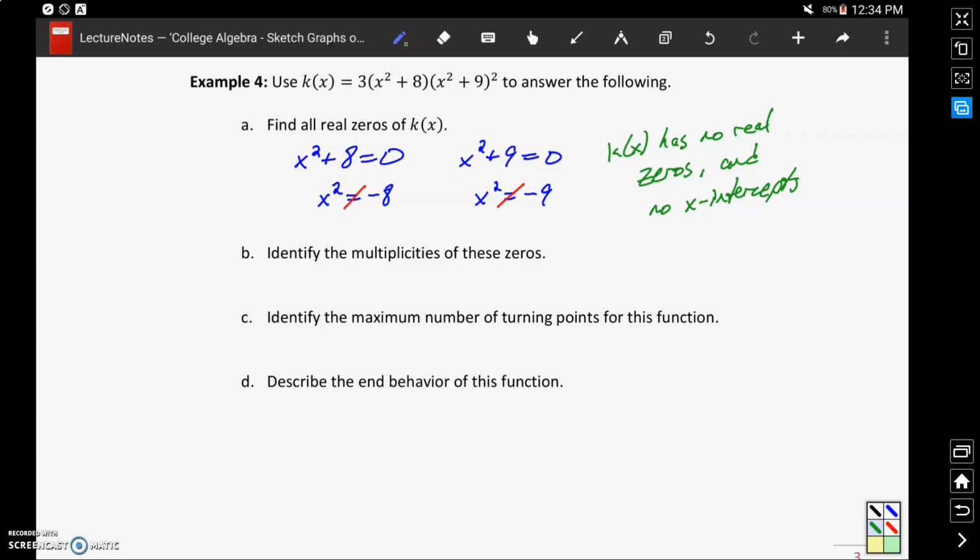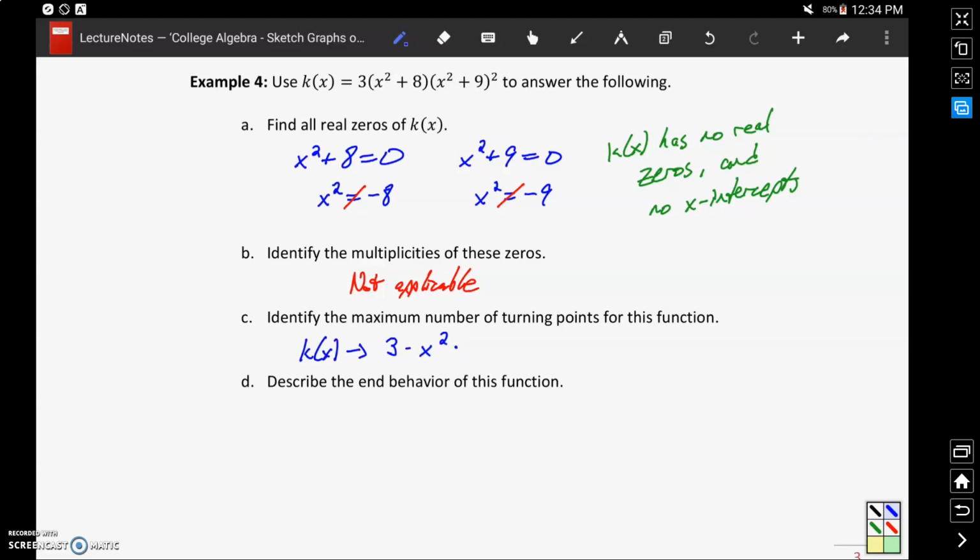But later in the class, we'll come back to the idea of complex zeros, zeros of the form a plus or minus bi, if you've seen that before. If not, nothing to worry about for right now. For right now, what we'll say is there are no real zeros, which means part B is not applicable. Since our function has no zeros and has no x-intercepts, we can't learn anything about its behavior, at least from those two questions. We do know that for extreme values of x, our function is going to be approaching 3